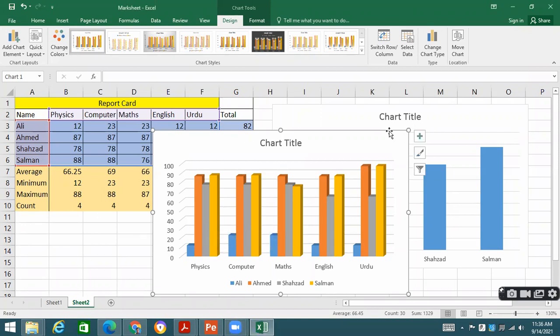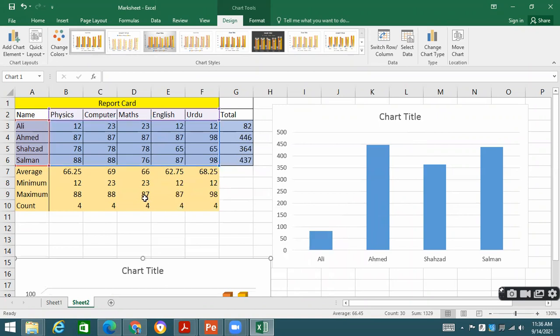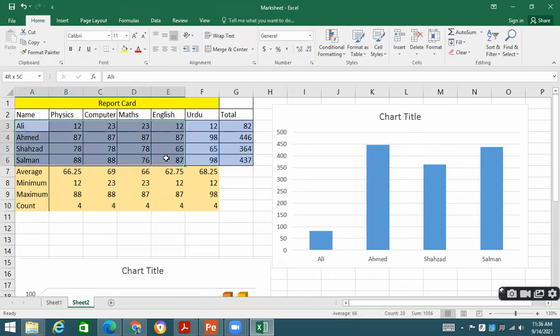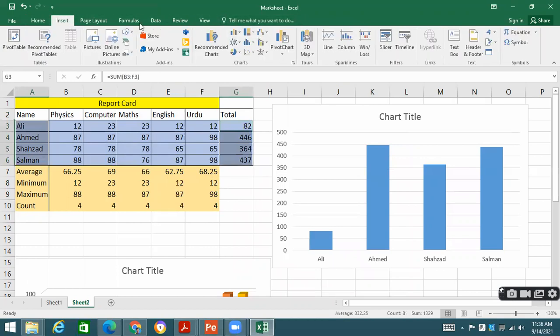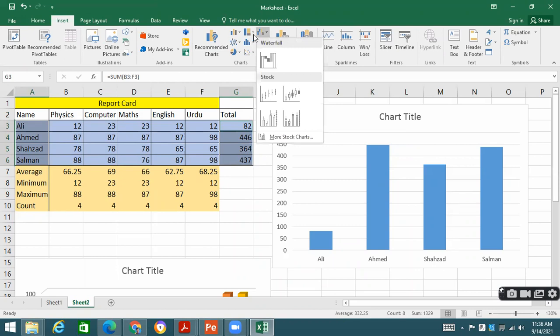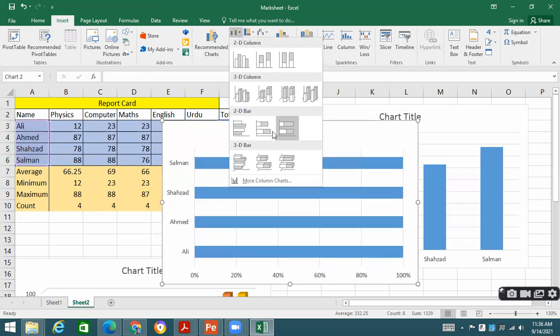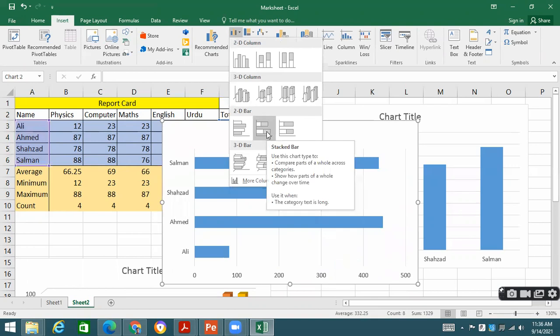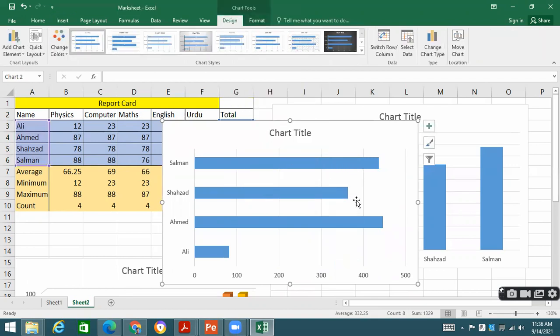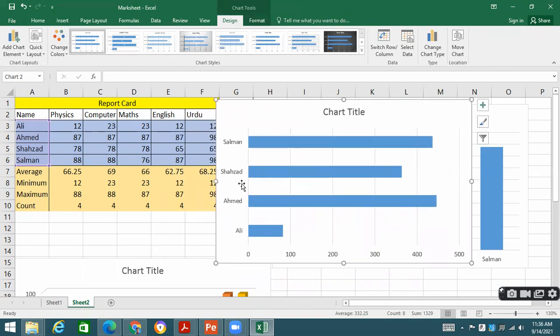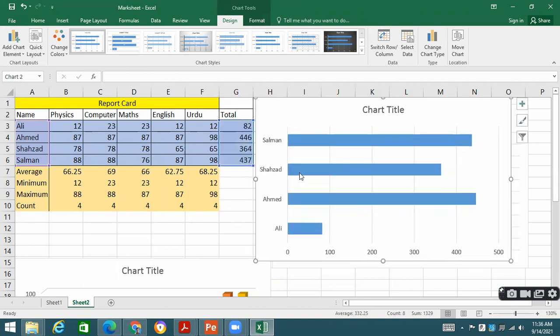For example, if I leave this graph and select only these student names and their total, and I go to Insert graph and take this stacked bar, you will be able to see that the stacked bar is showing the total, how many marks Salman has got, more than 400, 446, 437, 446, and accordingly you can see how many marks there are.